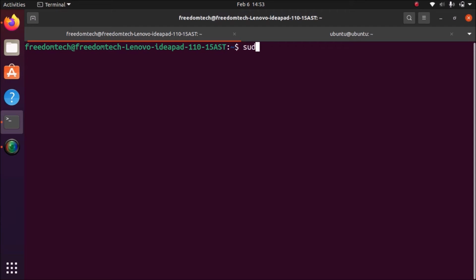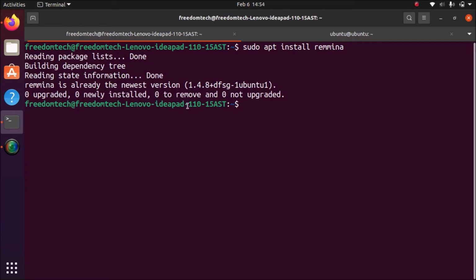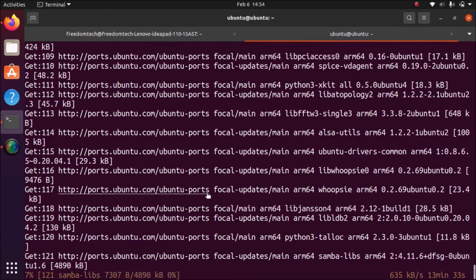So this is our Groovy Gorilla desktop terminal: sudo apt install remmina. Hit enter, and it says that Remmina is already the newest version because I have already installed Remmina on Ubuntu Groovy Gorilla. So friends, our Ubuntu desktop package is installing on our Raspberry Pi 4.